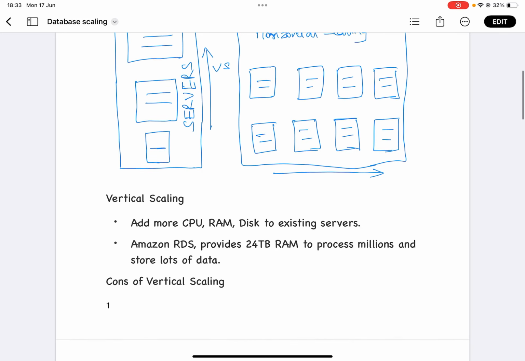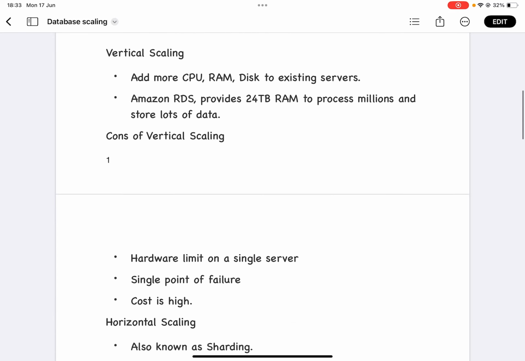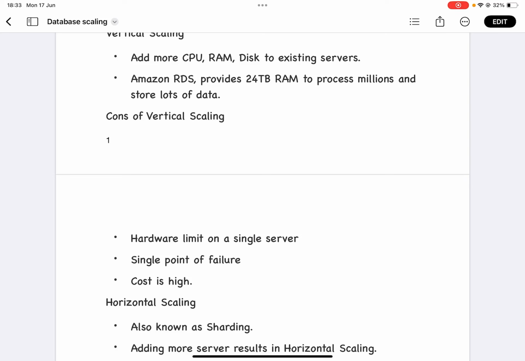But there are some cons with respect to vertical scaling because you cannot keep adding CPU or RAM to the same system or same server. Since it is a single server, there is also a very good chance of a single point of failure, and once it goes down, you cannot do read and write operations on your DB. Also, having a single server with so much GPU, CPU, or RAM is quite expensive. So what we do is we move to horizontal scaling,